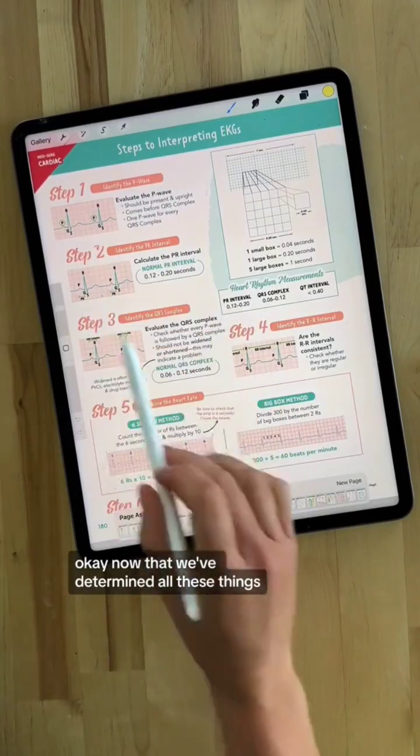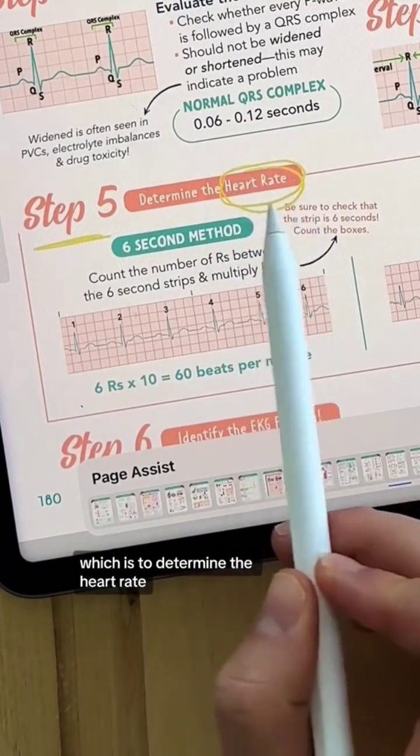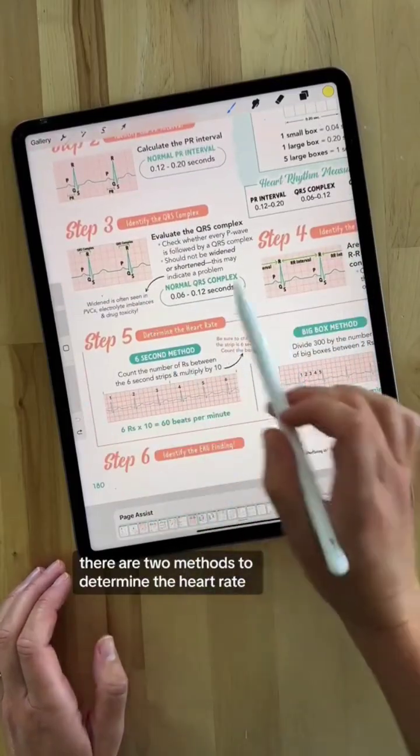Okay, now that we've determined all these things, we need to do step 5, which is to determine the heart rate. There are 2 methods to determine the heart rate. I'm going to show